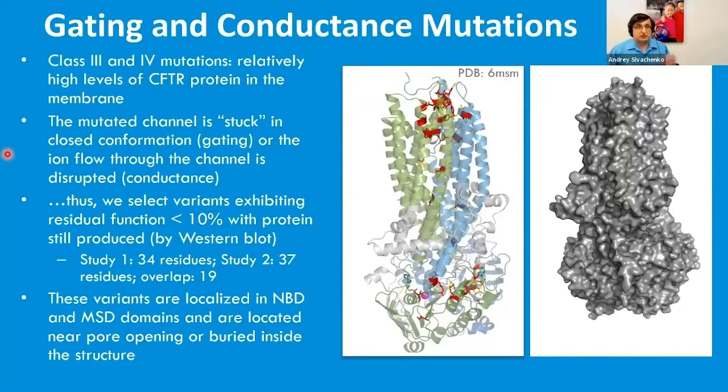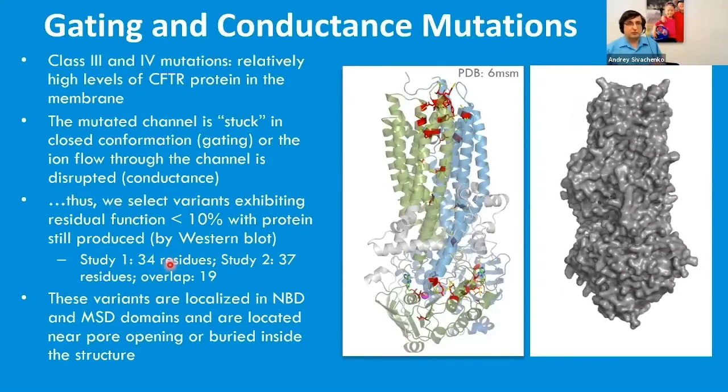So to favor such variants in our selection, in addition to residual function below 10% wild type, we require the protein to be produced, at least to some degree. So we use our Western blot data and require total protein and band C to B ratio to be at least above 30% or so of wild type. So it's not even a very stringent filter. But this requirement trims our selection very, very considerably, leaving us with 19 such residues selected repeatedly between study 1